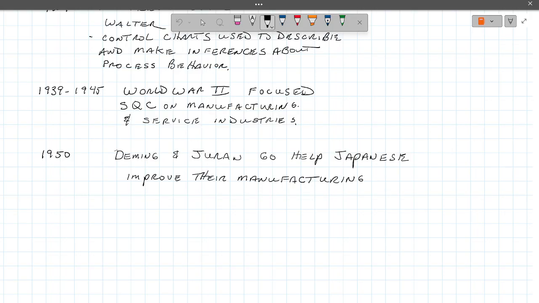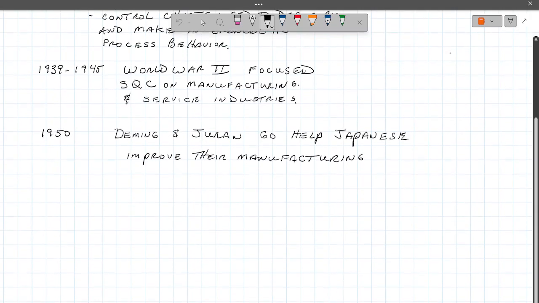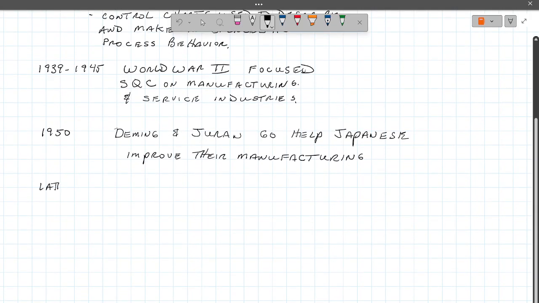So these two guys got invited. The dumbest part is the Americans didn't pay attention to the fact they went over there to help them out. And when the world got straightened out, America decided in 1970s, actually probably late 1970s,